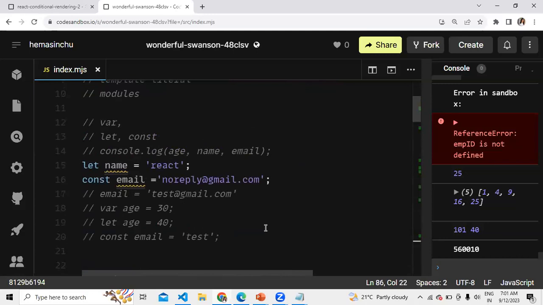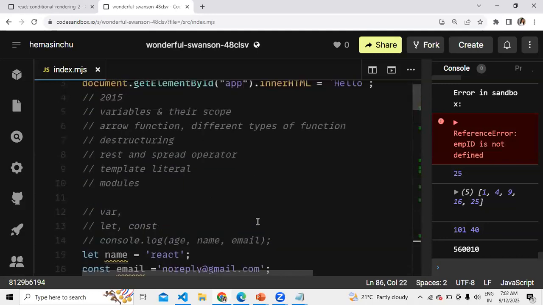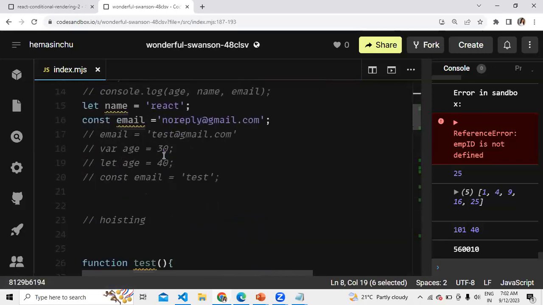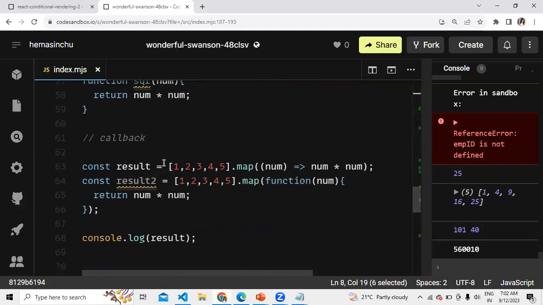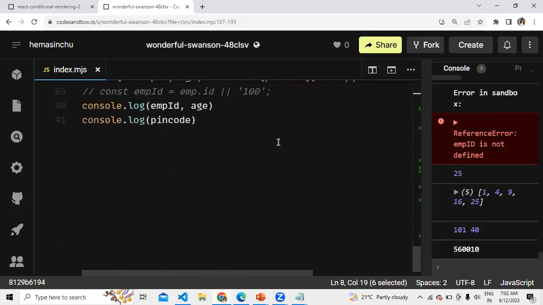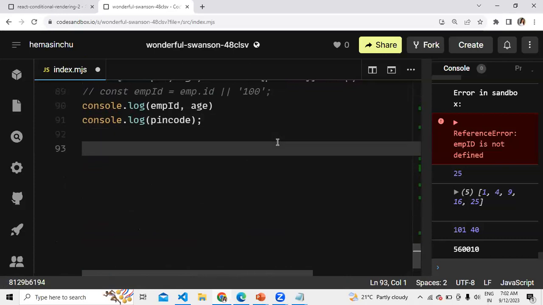Let's move on to the next construct that we have in JavaScript, which is the rest and spread operator. This is a bit confusing, because they did not use a different syntax for both.